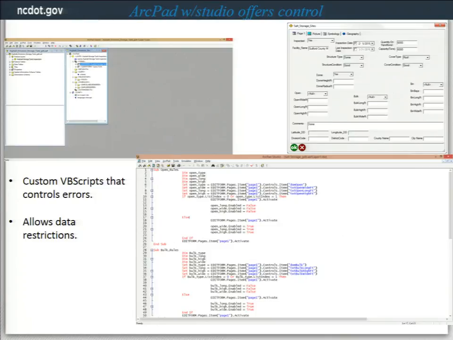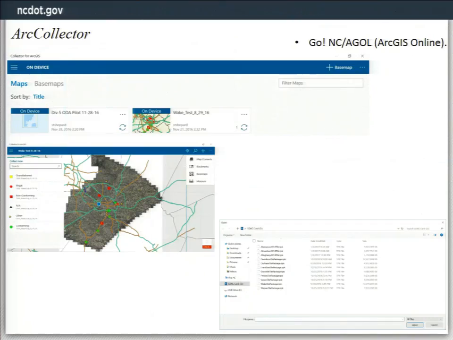Let's see here. You can see the VB scripting here. It's pretty messy. It's an old Microsoft language, I think from the 80s. You can also run post-validation VB scripts to check for operator error. Here's our Collector. AGOL offers a uniform system of data syncing